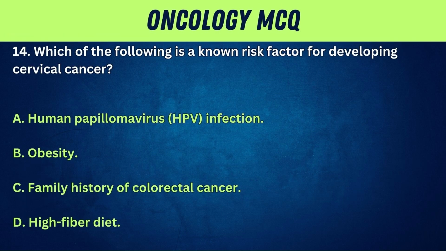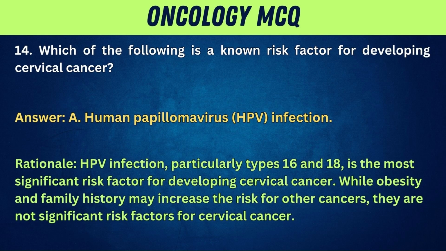14. Which of the following is a known risk factor for developing cervical cancer? A. Human papillomavirus, HPV, infection. B. Obesity. C. Family history of colorectal cancer. D. High-fiber diet. Answer: A. Human papillomavirus, HPV, infection. Rationale: HPV infection, particularly types 16 and 18, is the most significant risk factor for developing cervical cancer. While obesity and family history may increase the risk for other cancers, they are not significant risk factors